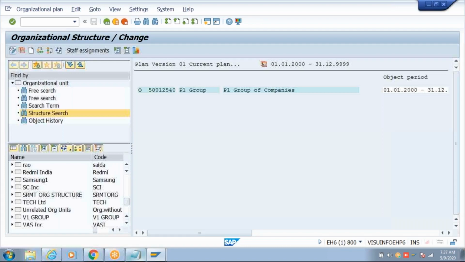Okay, you see the 8-digit numeric ID is created and it shows this is the org unit that you started with. Okay, so before we create other objects, let's understand the screen. This box is called